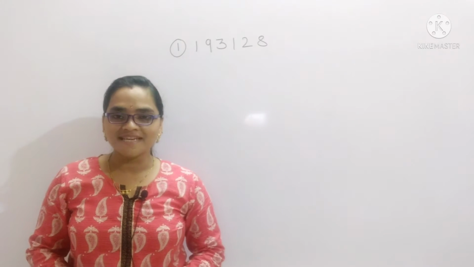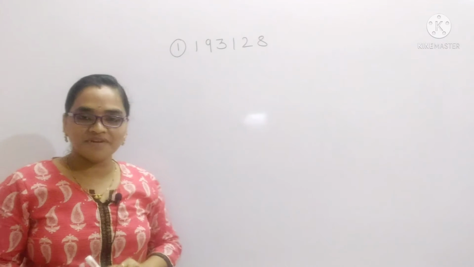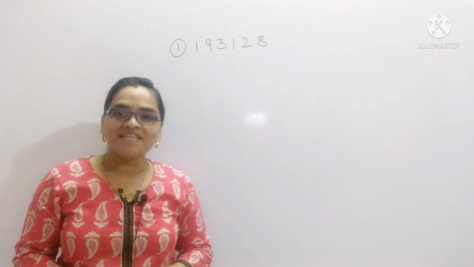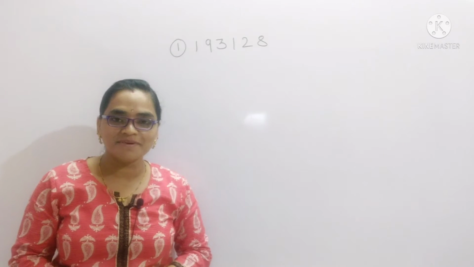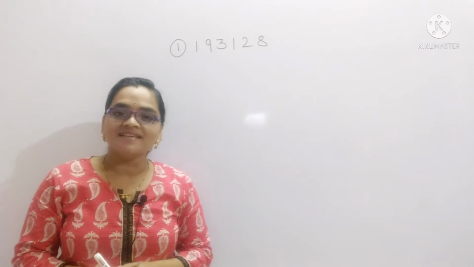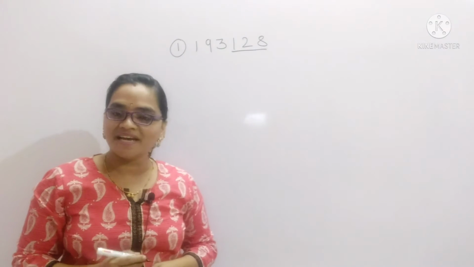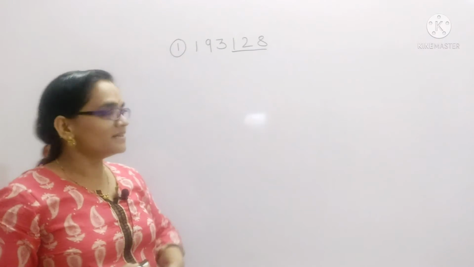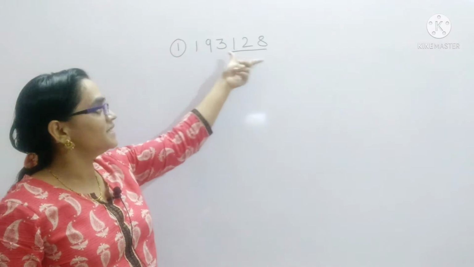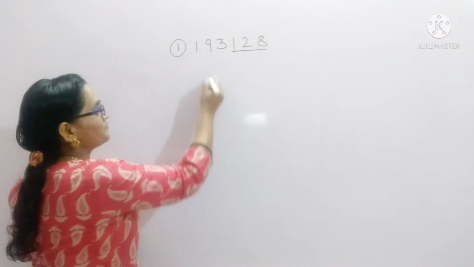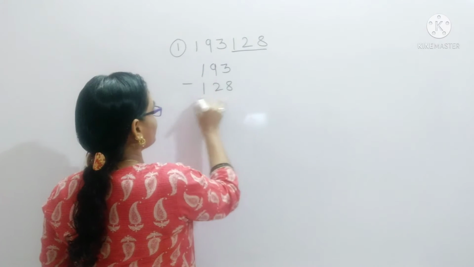First example is 193,128. We will apply the first divisibility test by 13. What is the first divisibility test? Check the last 3 digits, 1, 2, 8. The number formed is 128. Subtract this number from the other number, because 193 is greater than 128. Then 193 minus 128,